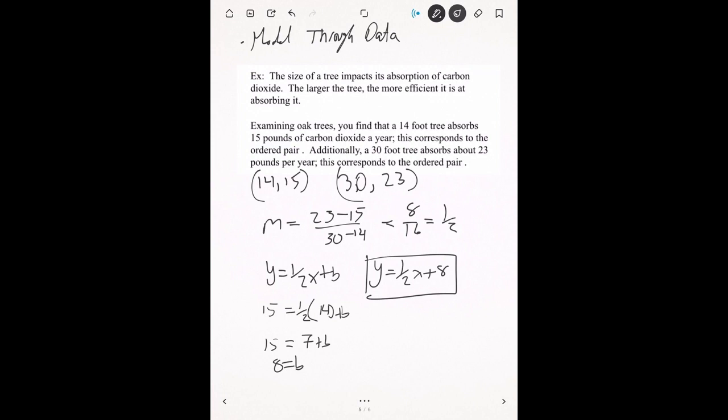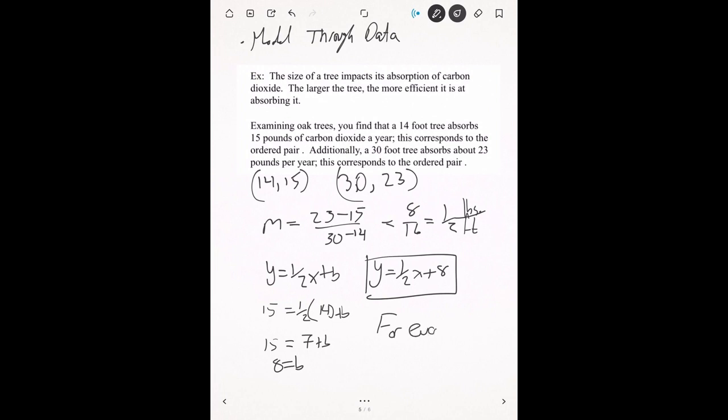Okay? Now, what is the slope of the line? Well, we just said it's a half. But what does it mean in the context of the problem? We said before, try to put some units on slope. x represents the feet, how large the tree is. And y represents the pounds of carbon dioxide that are getting absorbed. So in this problem, the slope means